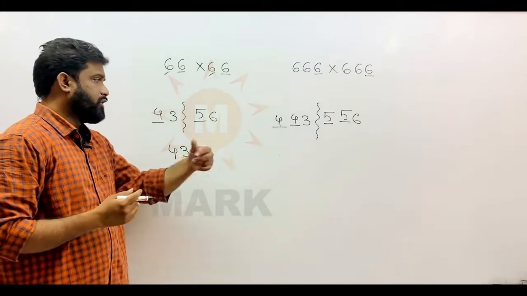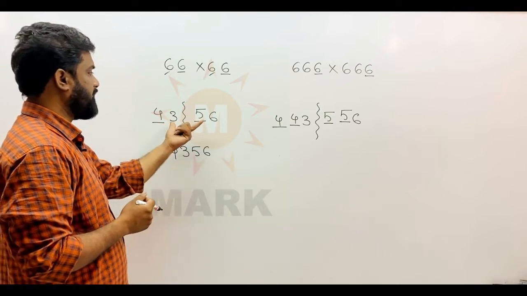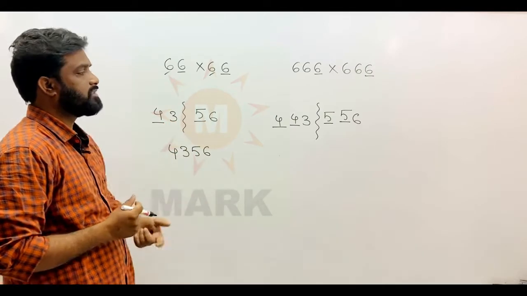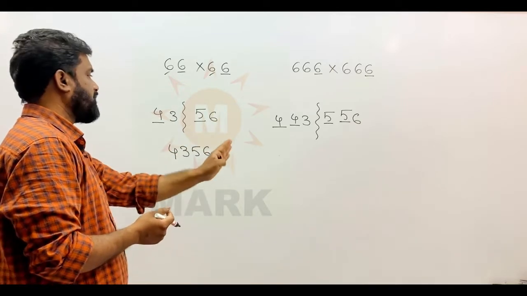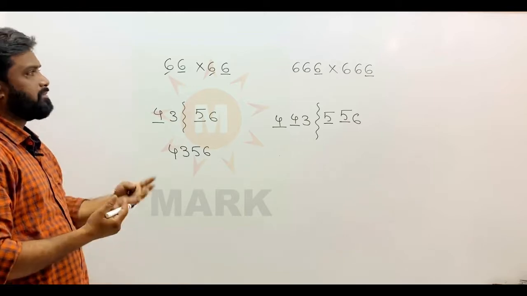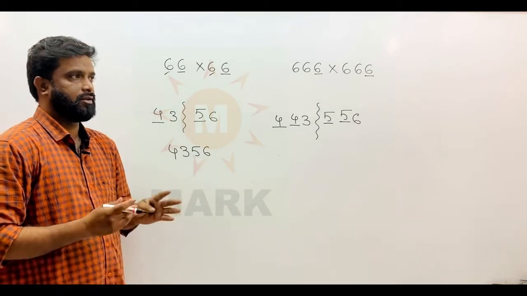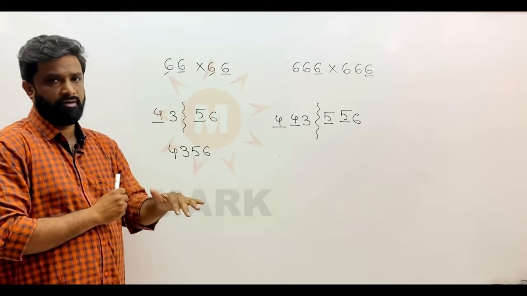So here I need not put 0 here, because 6 into 6 will give 36. So both the numbers are occupied, both the slots are occupied with 3 and 6. So the concept is the same. On the right side part you write one number less, on the left side part you write one number greater. The same thing we have applied for 3 and 6 also. But clearly you can see we have taken an equal number of 3s and an equal number of 6s.